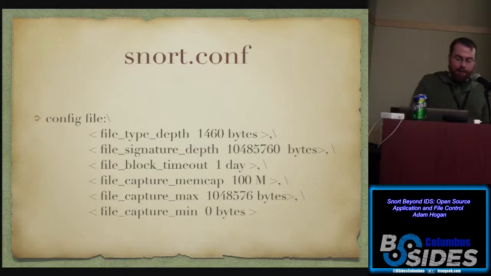And then you can set like the memory cap, which is just like internally how much memory Snort will use for doing the file preprocessing. So again, a performance tweak if you find yourself running low on RAM or it's getting slow. And then you've got your file capture max and min size, which is saying if the file is bigger than this, I don't want to capture it. If the file is smaller than this, I don't want to capture it. I've got 0 here, but for the most part, if you're looking for malware, you can have something greater than 0 to say, look, if the file is small, there's nothing useful going on there,